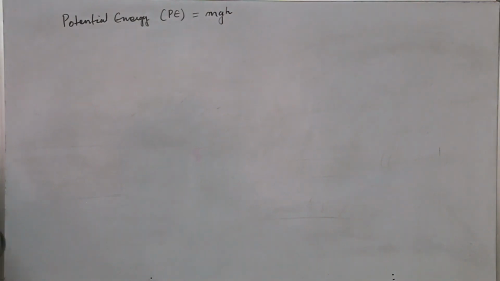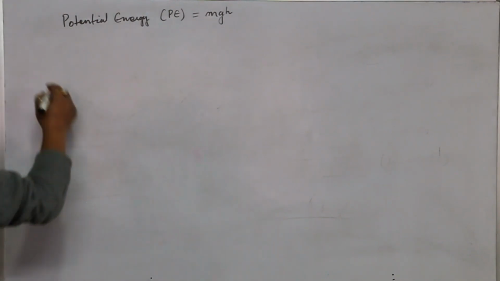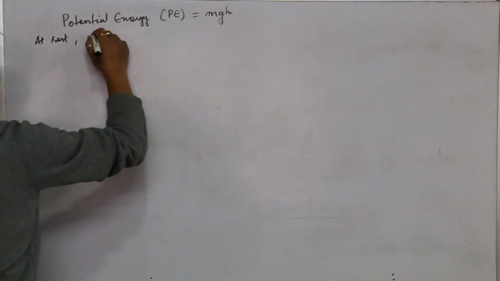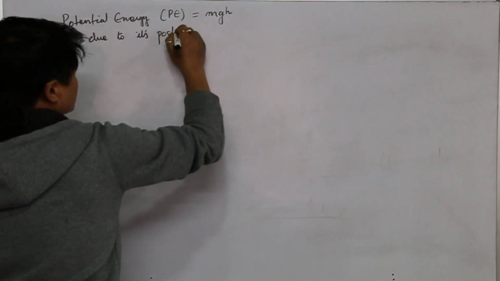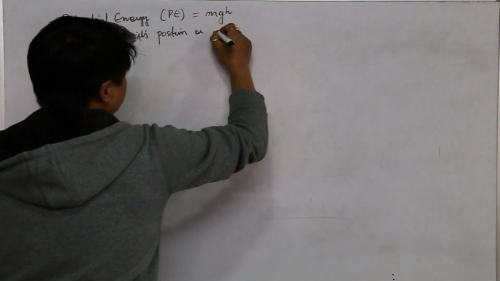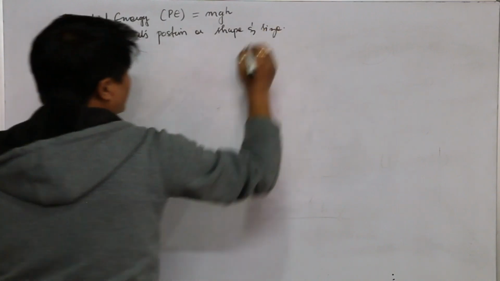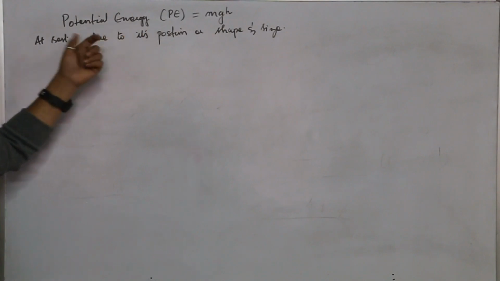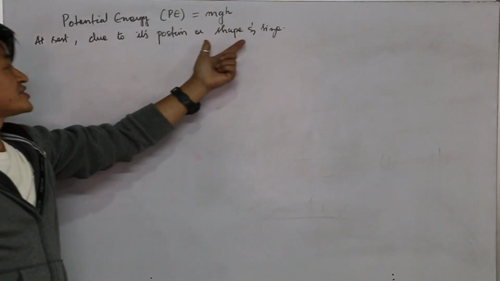M stands for mass, g is here acceleration due to gravity, and h is the height. Okay, so what is potential energy? Energy possessed by a body at rest due to its position or simply shape and size is called potential energy. So potential energy, that means energy possessed by a body at rest due to its position or shape and size